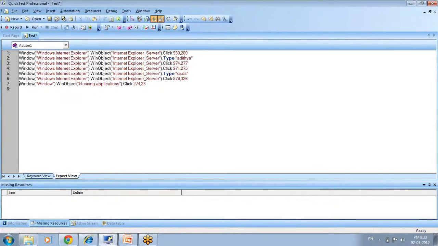Before, the script was generated in a hierarchical manner like browser dot page dot winedit or win button in normal recording mode. But here, even though it is a Windows web based application, the main browser window was identified as a window object, and whatever the objects are displaying, regardless of the object class, it can be a text object or a win button, it doesn't matter, it is going to display here as a win object.